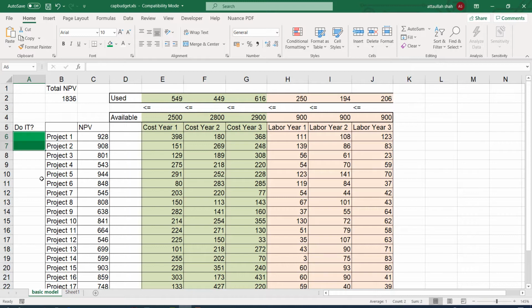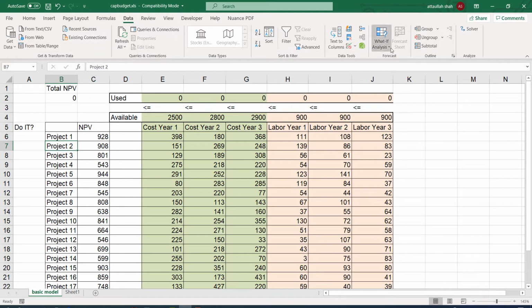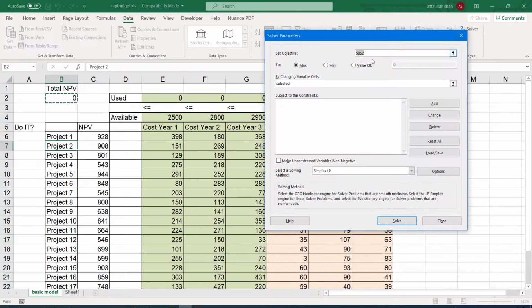So I have deleted the content of these two cells. I'm going to Data, and then Solver. Okay, our objective cell is the total NPV which is available here, and our objective is to maximize this.